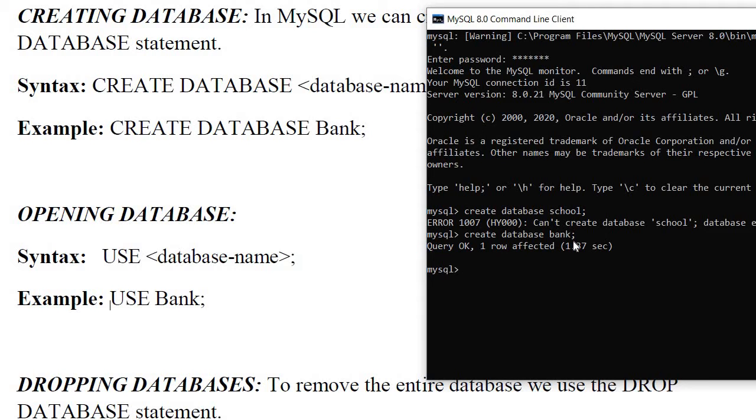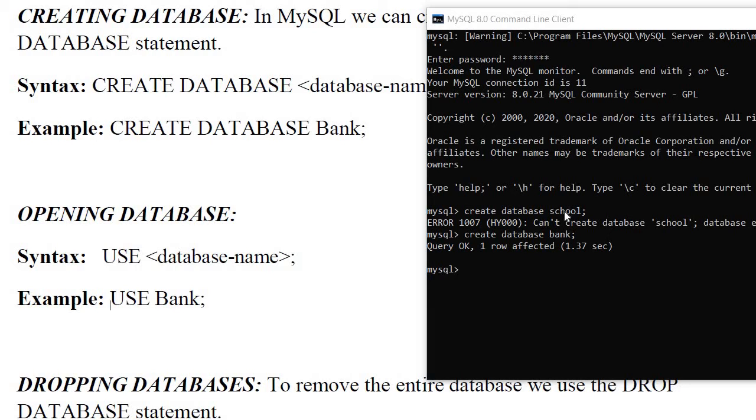Now we will see the command use. What does this use command do? This command is basically used for opening the database. If you see here, we have two databases, one is school and another is bank.